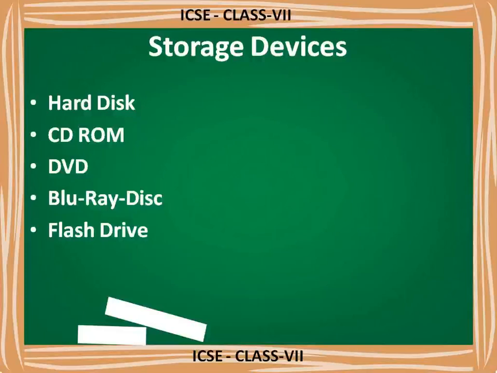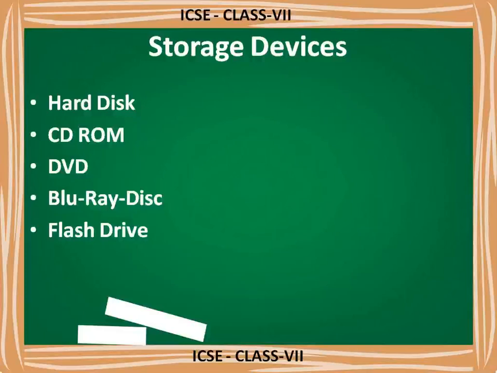Now the latest technology, that is Blu-ray disc. Blu-ray disc has a higher storage capacity. If you look at CD and DVD, data can be written on only one side, but in a Blu-ray disc both sides of the optical disc can be used to write information. The storage capacity of this Blu-ray disc is 50 GB. On a single layer it is 25 GB, and 50 GB of data can be stored on a dual layer. Dual means two layers.